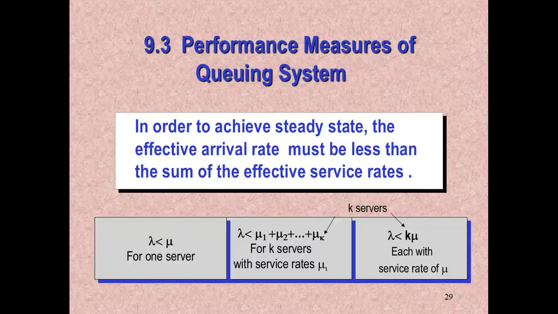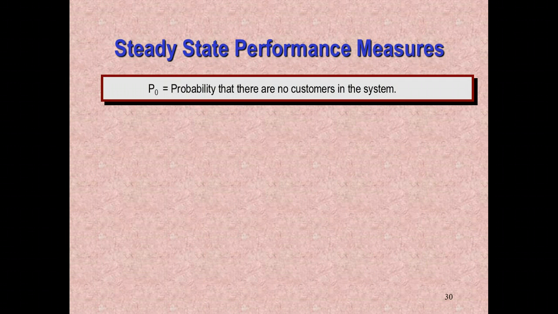We identify the type of queue we have. We identify that it's in steady state. We identify our lambda. We identify our mu. And then here are the things that we can measure. Here are the measures of this queue that we can use as a manager. The first one is P sub 0, okay? P sub 0 is the probability that there are no customers in the system. And let me explain this again because I don't know how good of a job I did it last time.